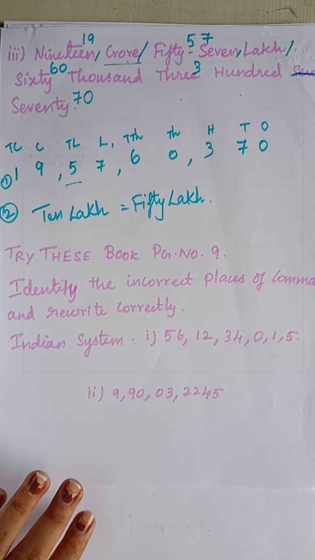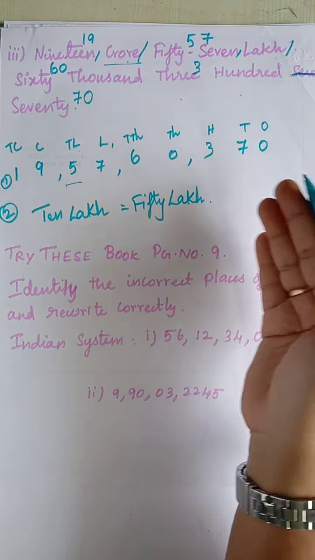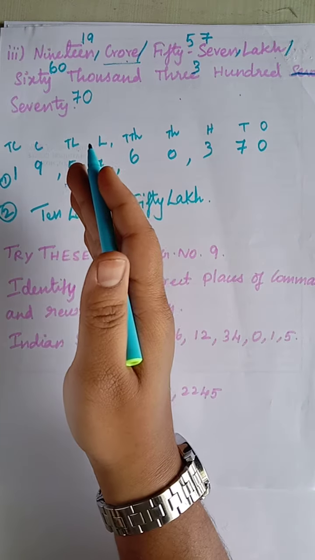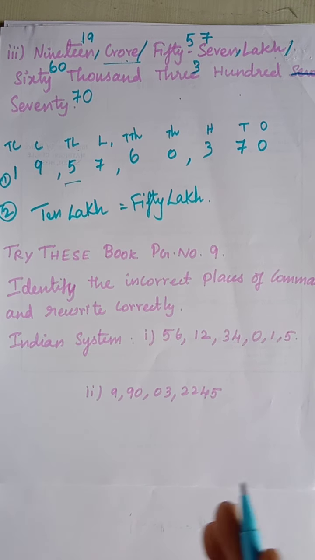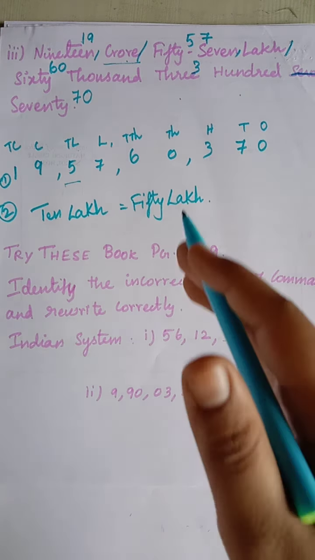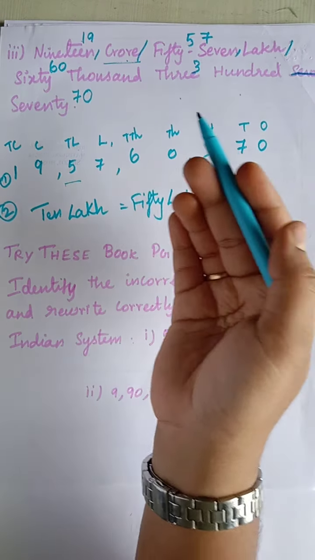Can you understand? So for changing the number name as numerals, there are a few steps. First, you have to write the place value chart by checking the biggest place value. Then, after finishing that, you have to split the place values, like crore, lakh, thousand, hundred. Then you have to see the number.